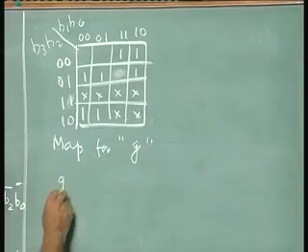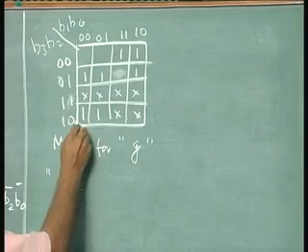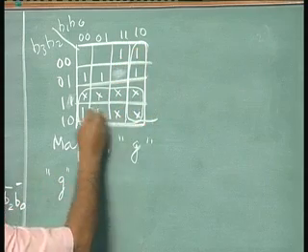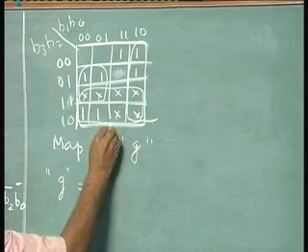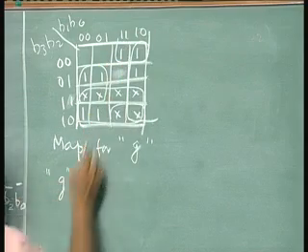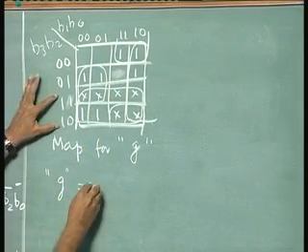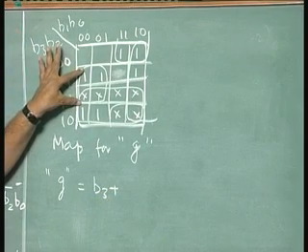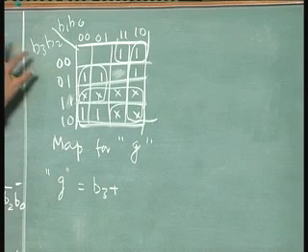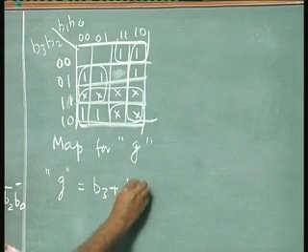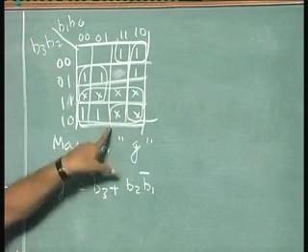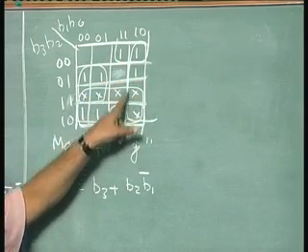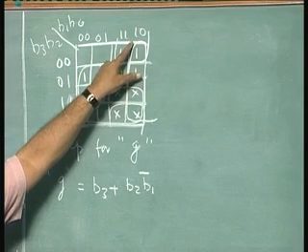So G is this one term, another term, another term, another term. This is B2, B3, then what is this term? B2, B1 bar. This term, the last one, B1, B0 bar,